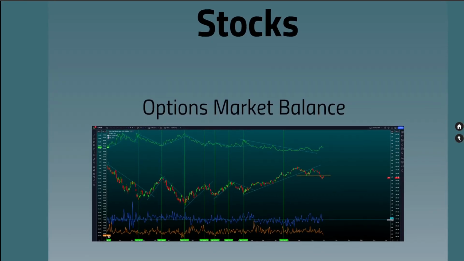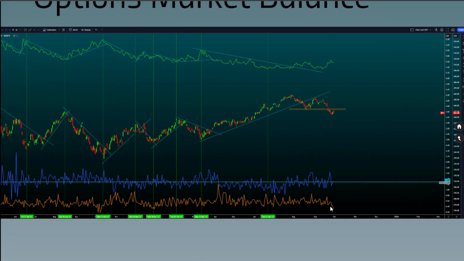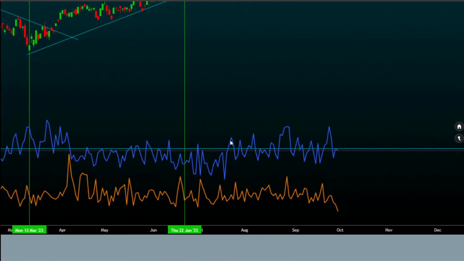Now, in terms of the options market balance, as you can see, the VIX is getting higher and higher, but this is very misleading information because unfortunately we don't see the 0-day contracts, only the 30-day contracts, but it's still going to the upside. So the market is going into more and more negative territory. You can see the SPY put contracts are keeping themselves in the highest area, while the call contracts are not on the market. They are not directing the market at all, while the SPX call contracts are somewhat